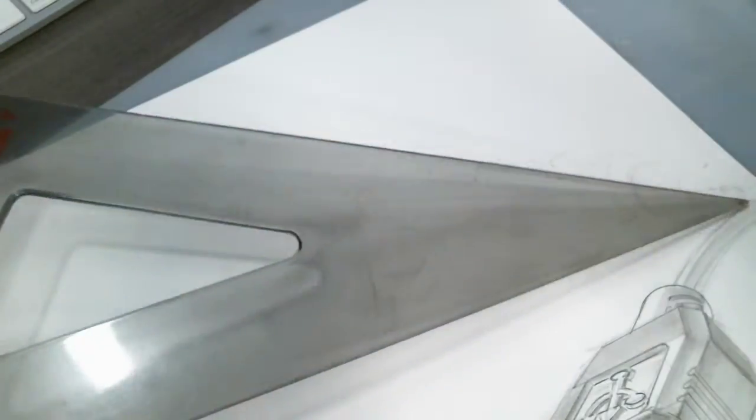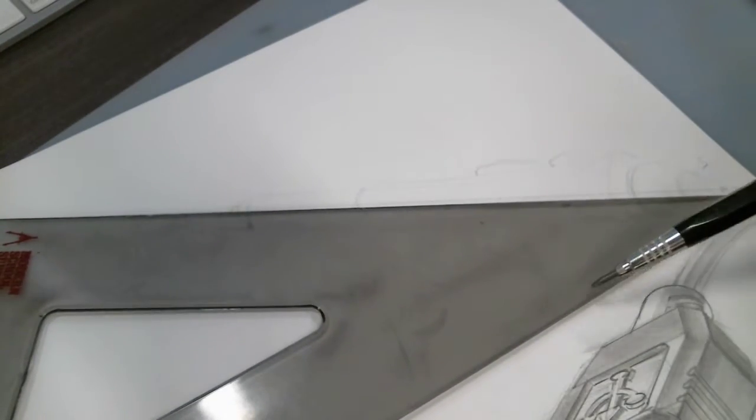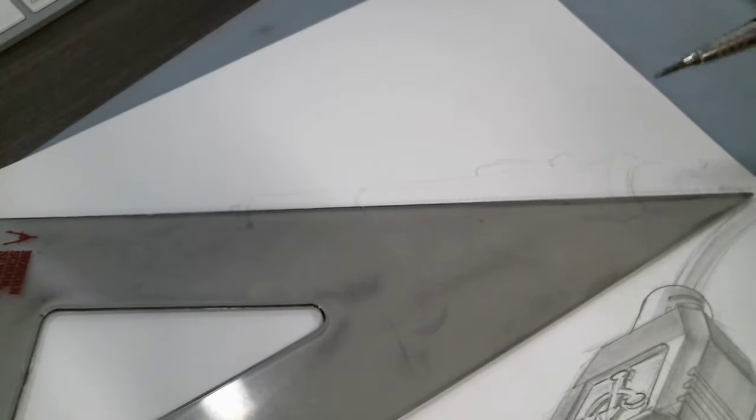Okay, this initial part, I gave just a 30-degree line with this triangle just to use it for the isometric. So I made sure this was parallel to the paper and then just drew this line, the center line of the ellipses I might try to use. So this I used with the isometric ellipse for here. As you take a look, this would be for the top view of it. And then as you rotate it left or right,